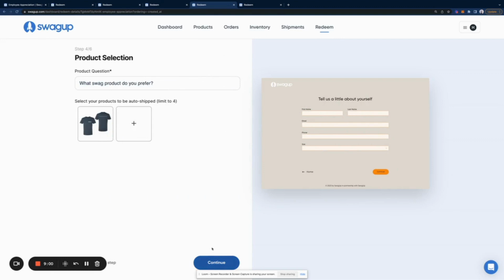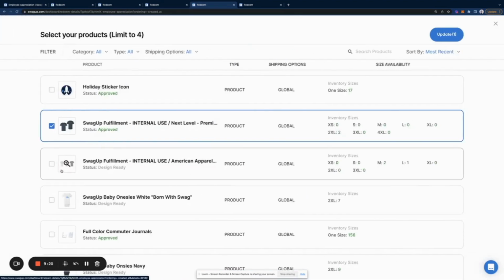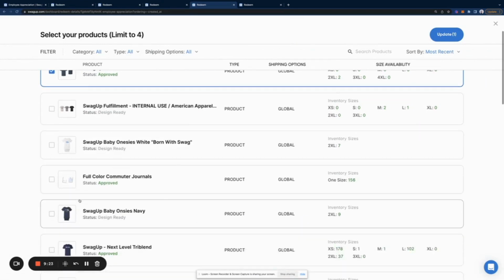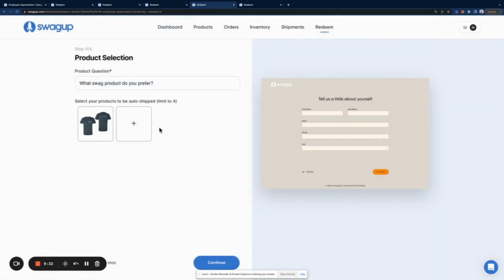So I'm going to hit continue. And this is where you select what products you want. So you can select more options if you wanted to. There's a lot of companies that send their employee swag all the time. We want to give them an option to pick between a shirt for themselves, or maybe a baby onesie, or maybe some journals or something else that is actually useful for them. So you can select different options if you wanted to have multi-option. In this use case, I'm just going to have this t-shirt. And again, it's completely up to you how you want to structure it. So you do have that